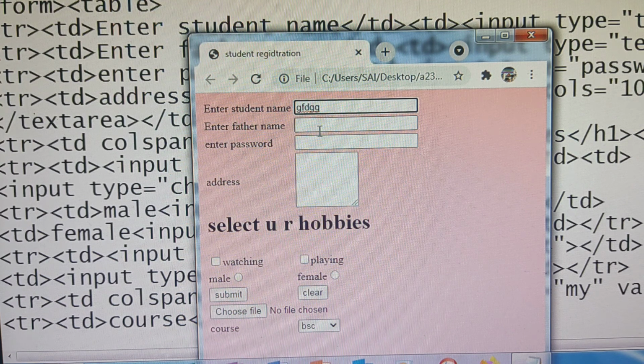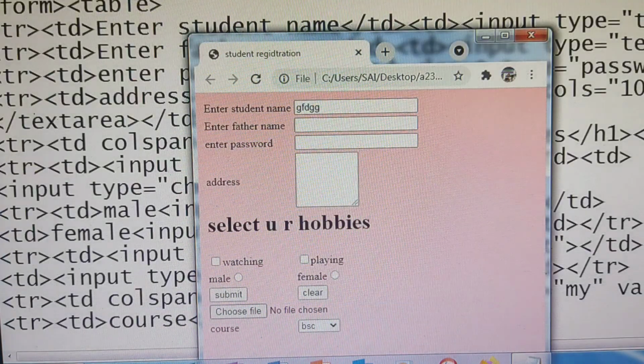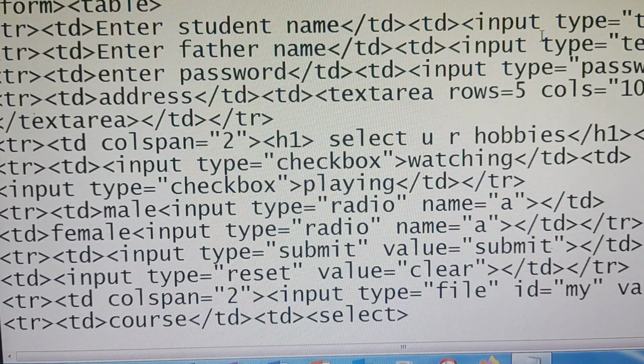But the thing is, you need to remember what type of input you are collecting. Whether you are collecting one-line text, whether you are collecting multi-line text, or what you are collecting. Based on that, you give the input type. And after entering all the information, click on the submit button. So these are all called buttons. Submit is a button, clear is a button, choose file is a button. Buttons perform some action. See, here I am giving choose file. What happened? It is opening one more window, so it is performing some action. So buttons are always used to perform some actions.